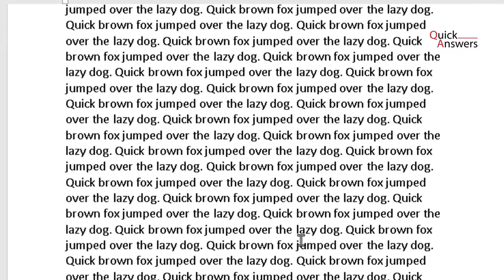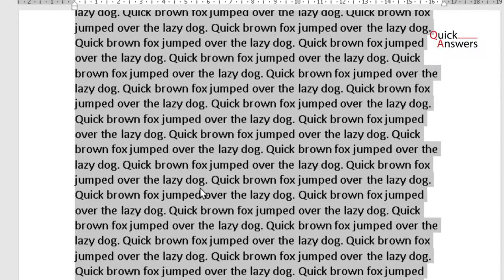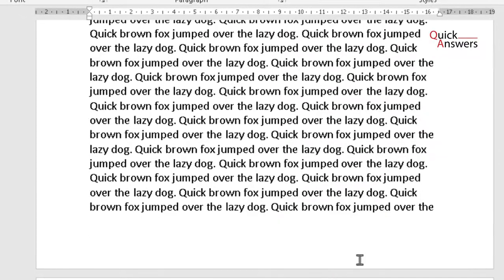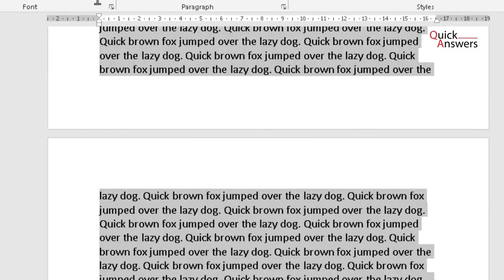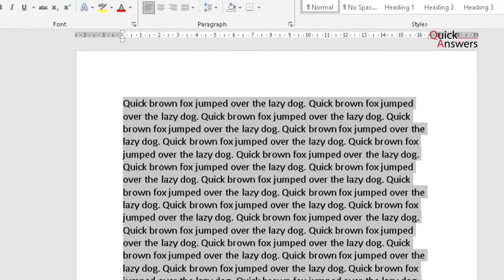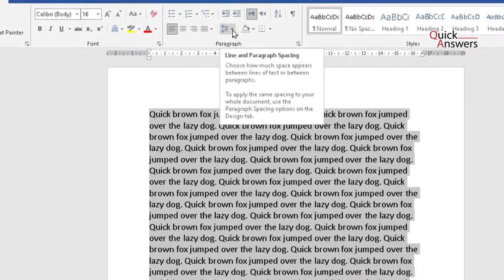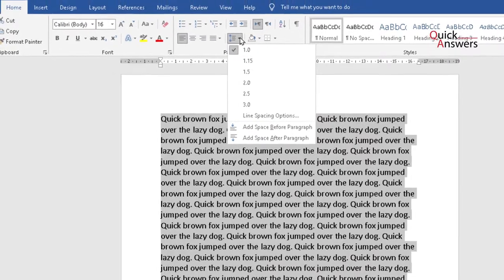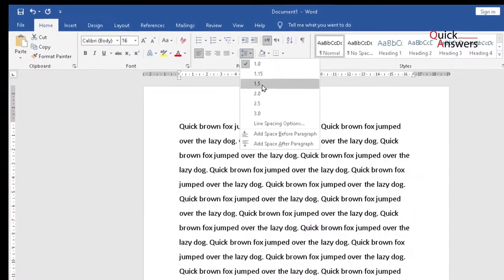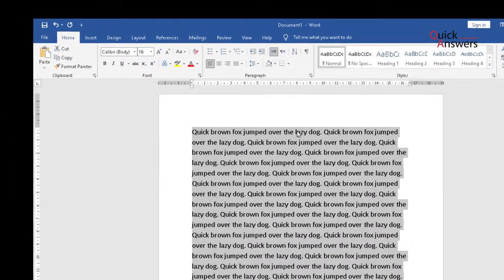So you highlight the text by pressing Ctrl and A, or edit or select all, or by dragging the mouse like this. Then all you need to do is go to this tab called paragraph tab. You click on the arrow, can you see that? And you keep the spacing a bit wider, a bit 1.5, and then all you need to